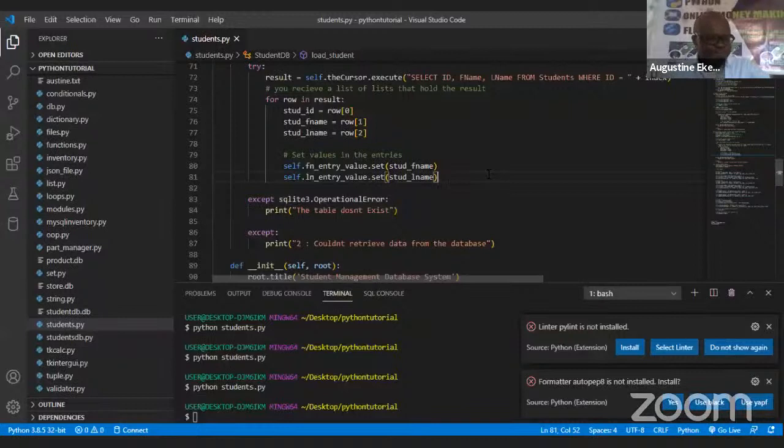So what's the time now? 11:38. So by sharp 12, we'll round up and see what this code looks like by sharp